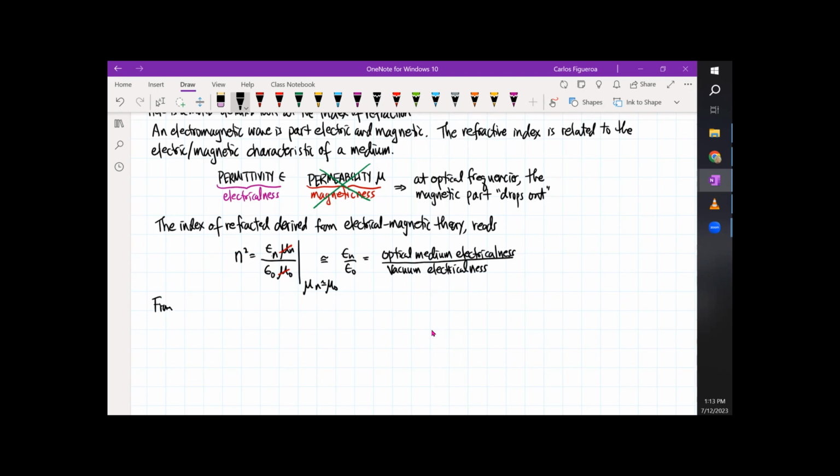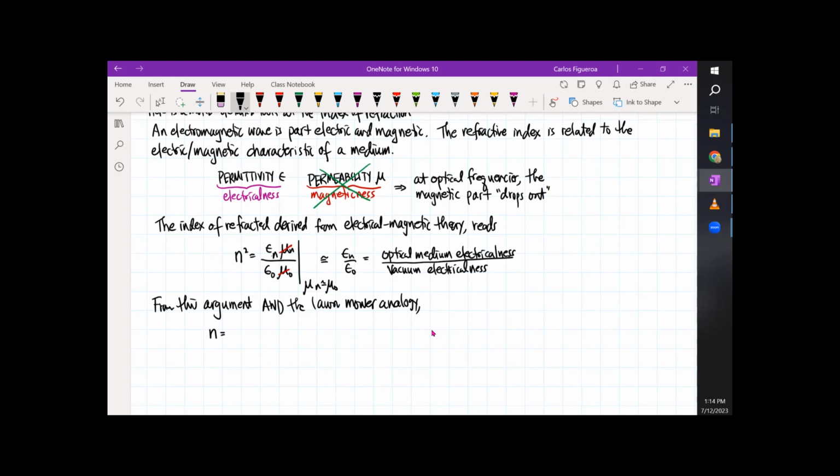From this argument and the lawnmower analogy, and a little bit of algebra, we could then say that the index of refraction, and look at that, there's